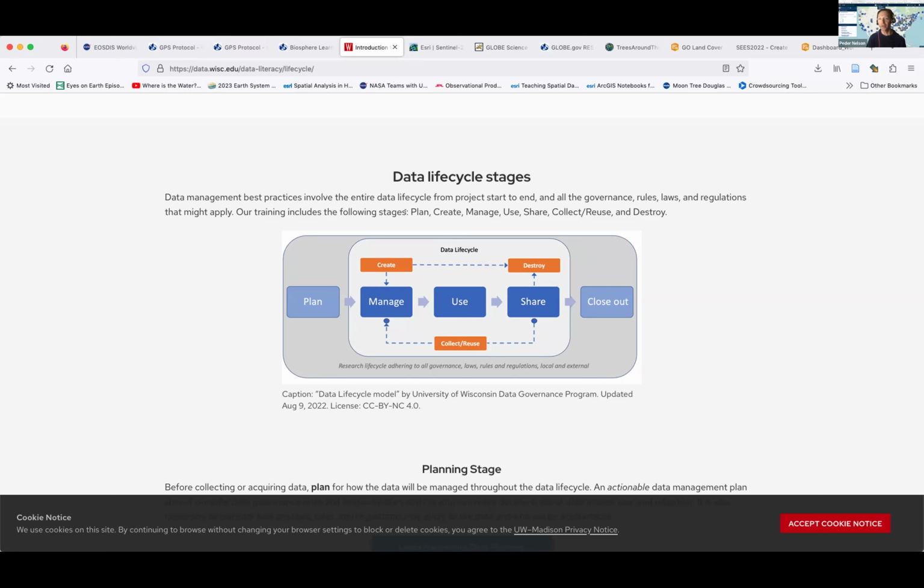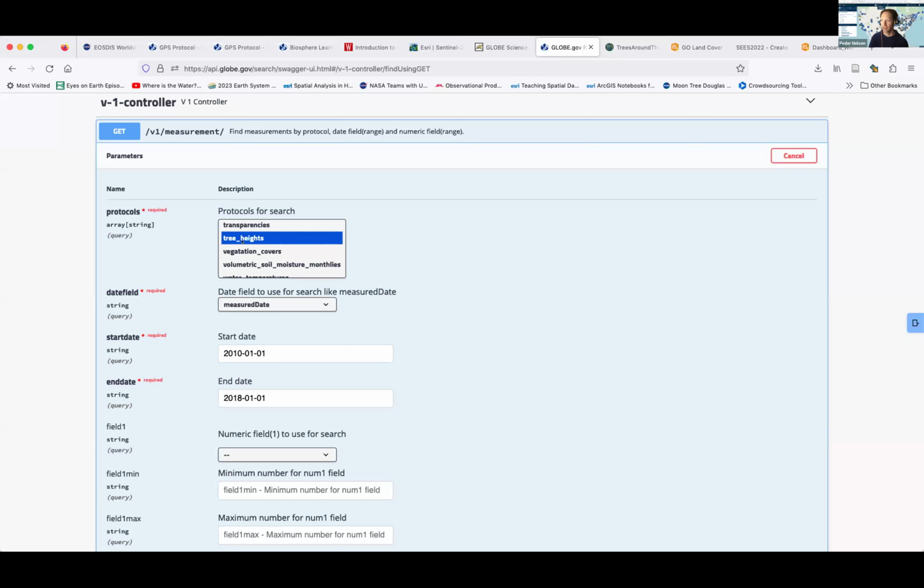So I'm going to scroll down. Here we have one called tree heights. Inside of here is a way that you can select what you're after, what protocol you're after.